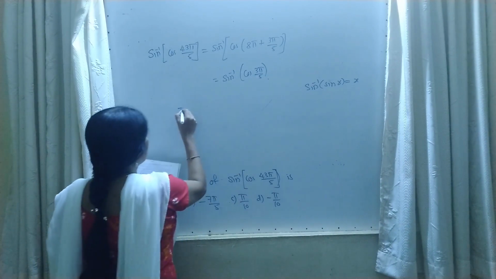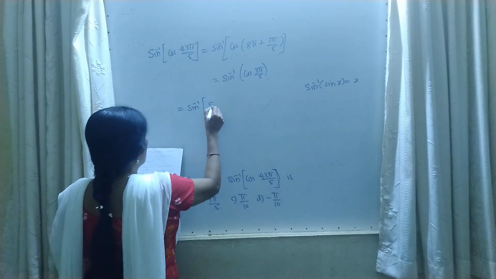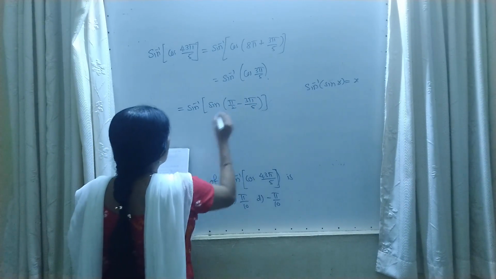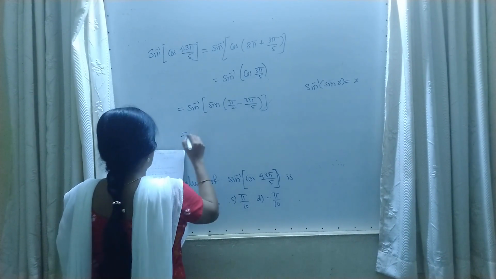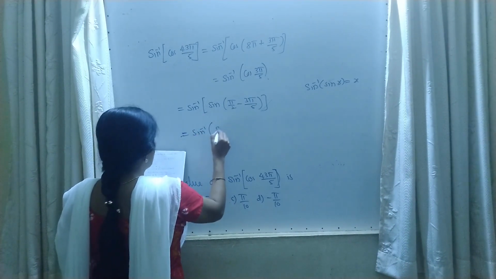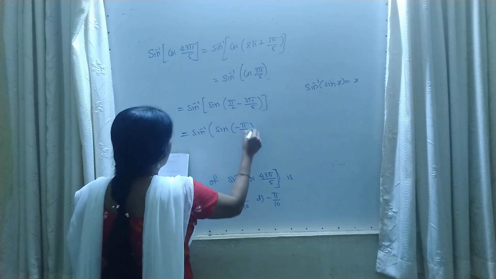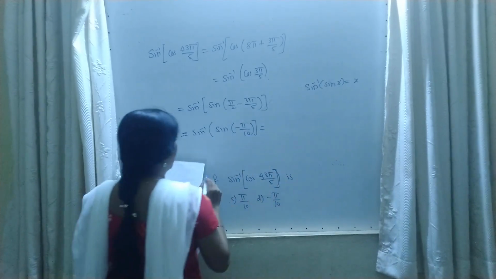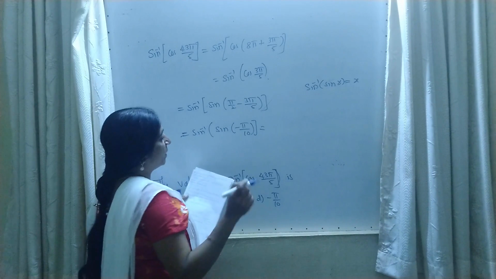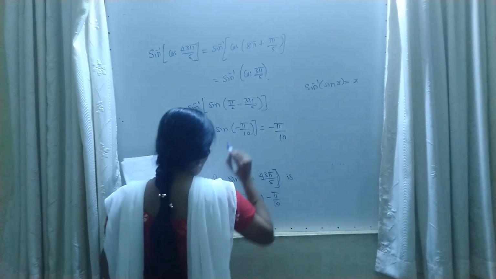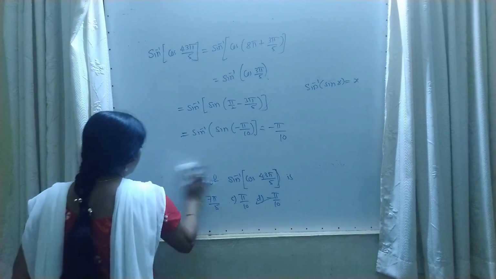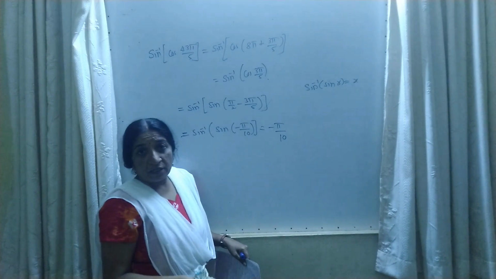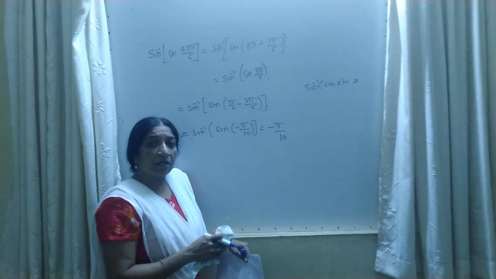So convert this cos in the form of sin. Sin inverse of sin of pi by 2 minus 3 pi by 5, since sin 90 minus theta is cos theta. Now simplify this. It is sin inverse of sin of minus pi by 10 after taking the LCM. Now it is in the form of sin inverse of sin x. Sin inverse of sin x is x if it is lying between minus 90 to plus 90. So your answer is minus pi by 10, option D. See here, when you are solving the CET, the maximum questions will be solved if you are thorough in the theory. And in a few more, we have to be thorough in the basic formulas.